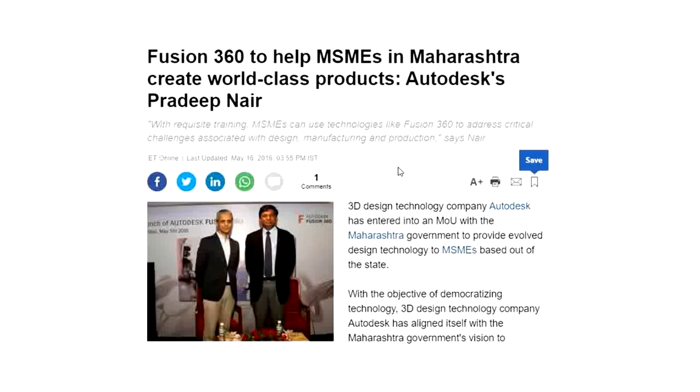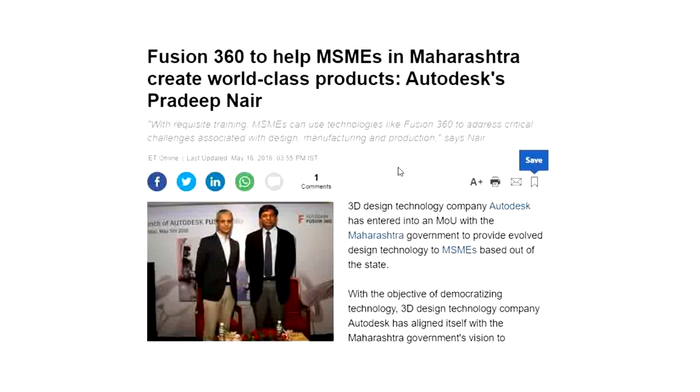The most important feature of this MOU is that if any MSME whose turnover is 1 crore per year, they can get the Fusion 360 software for 2000 rupees for 2 years, and it will give all the premium features of Fusion 360.